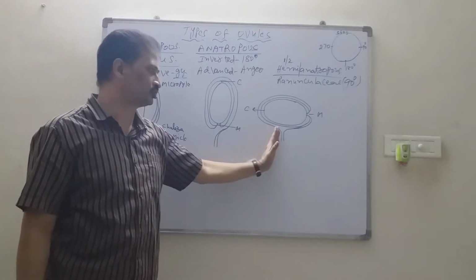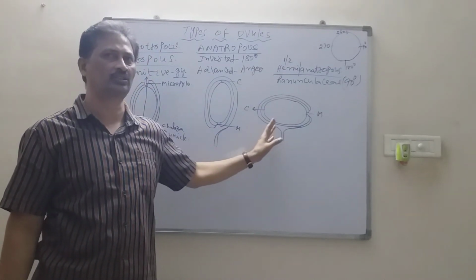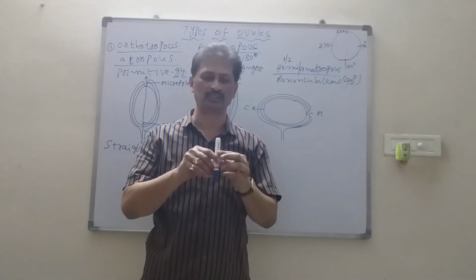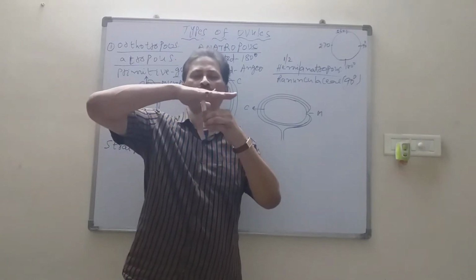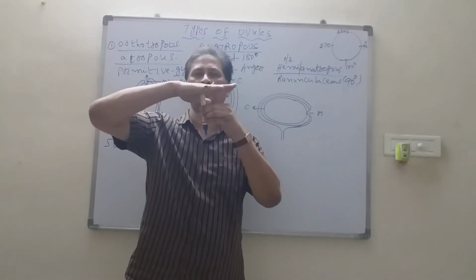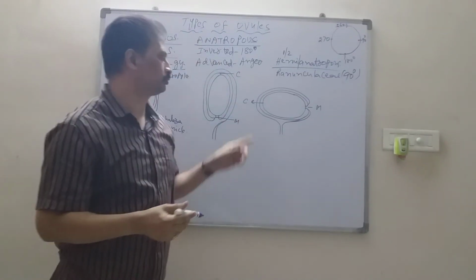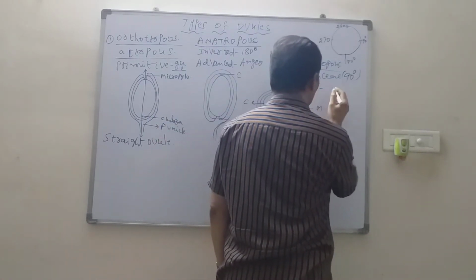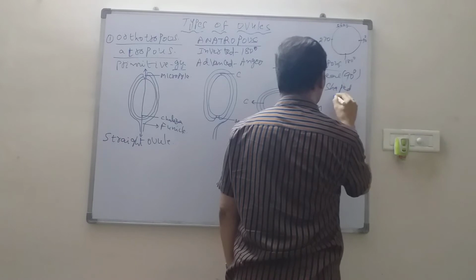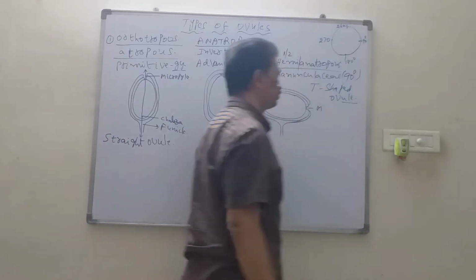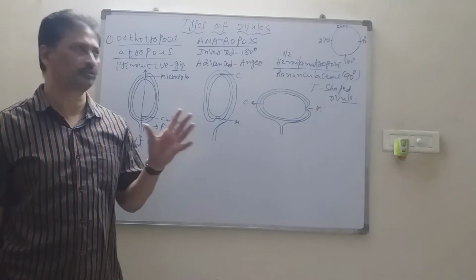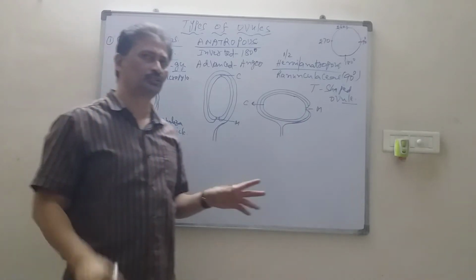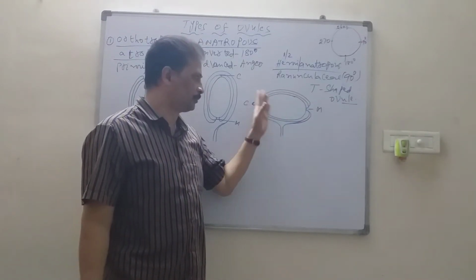That means this is the stalk of the ovule, that means the funicle, that is always standard, and upon which the body of the ovule is placed like this. Suppose this is the funicle and this is the body of the ovule. In this way, if you observe the diagram, it appears in the form of the English alphabet T, so this is also called a T-shaped ovule. If you observe the position of the body of the ovule and the funicle, it resembles the English alphabet T, so it is also called a T-shaped ovule.